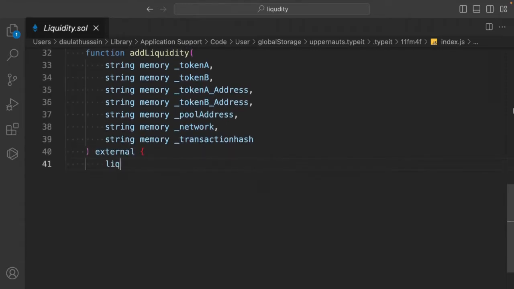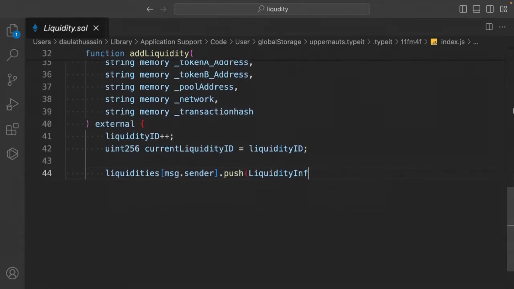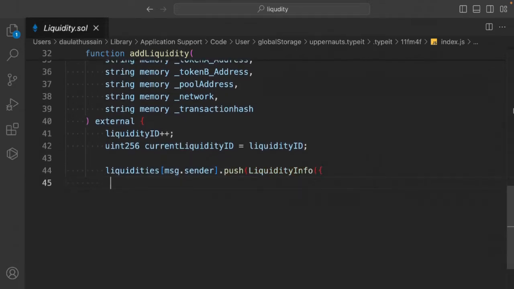Once we have that, we'll take this liquidity ID and simply increment it. Then we have to create a new ID, call this current liquidity ID to liquidity ID. And now we can simply update into our struct. So we'll take this liquidity message.sender, push to the liquidity info, and we simply update. Make sure to manage the order. This is the exact order we have defined in our struct, and you have to pass the data in the